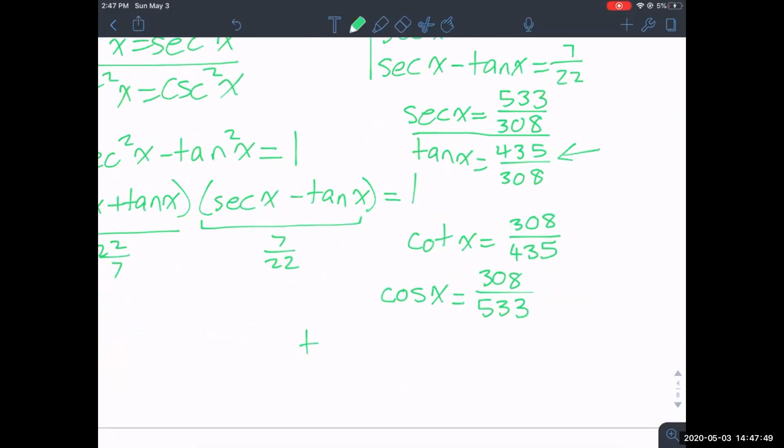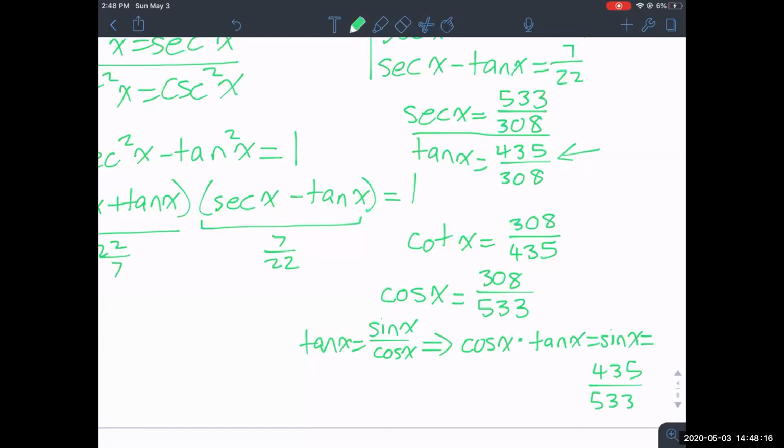And then because tangent x is equal to sine x over cosine x, if we want to find sine, we can just multiply cosine x and tangent x, which equals 435 over 533. Then to take the reciprocal of that, cosecant x is equal to 533 over 435. Phew, that's a lot of